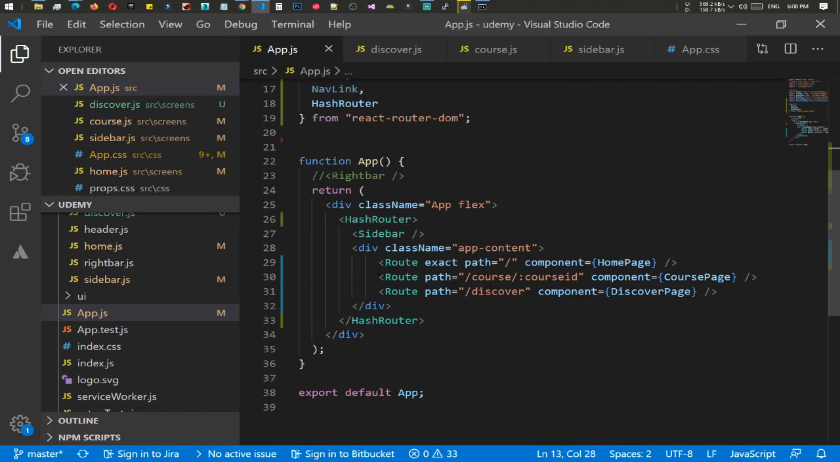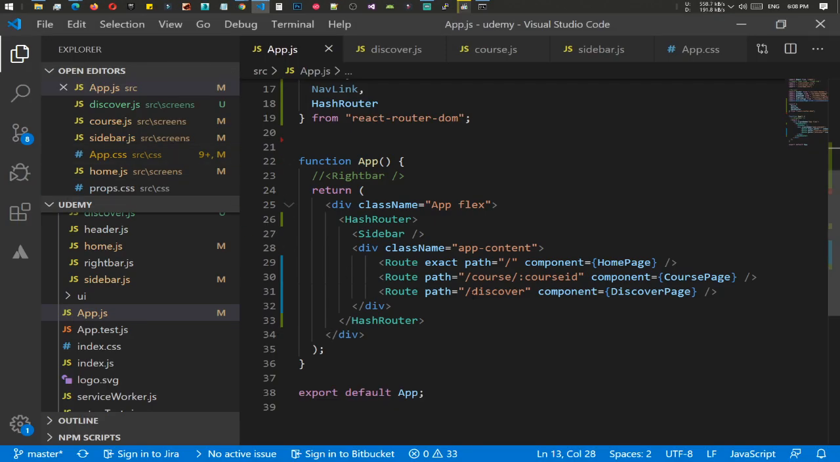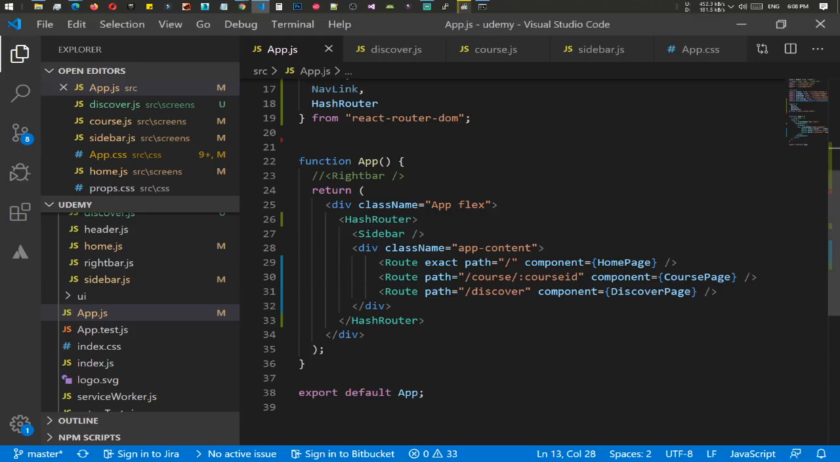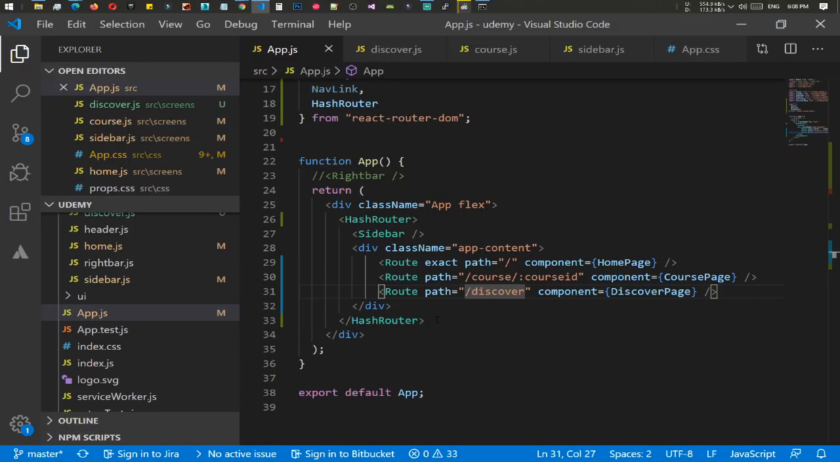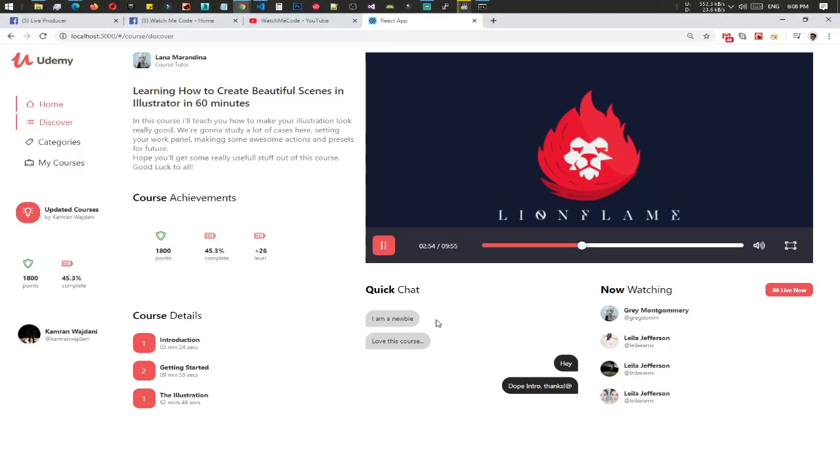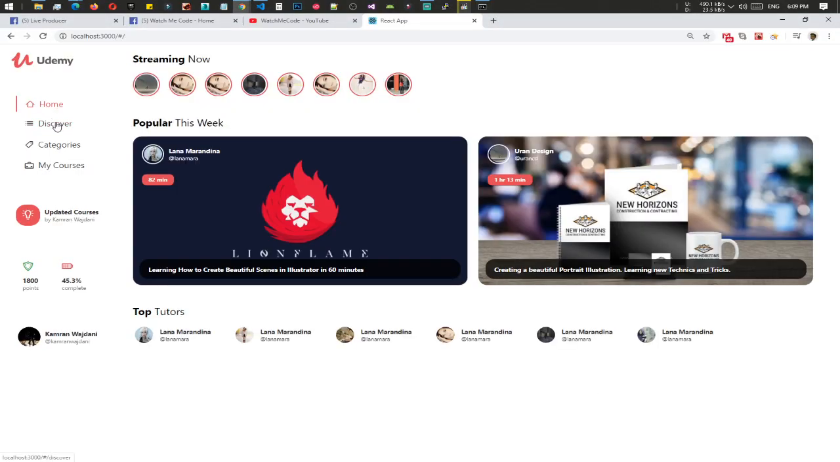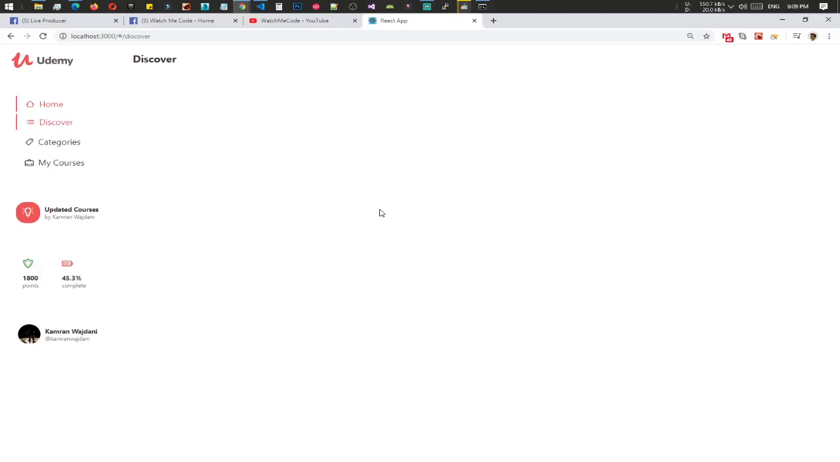So let's go to discover page, and if we can click discover, and it is not loading, and discover page, and it should just, why it is just using the course discover. If we can go to home and discover, and here we are, go. Let's go back and